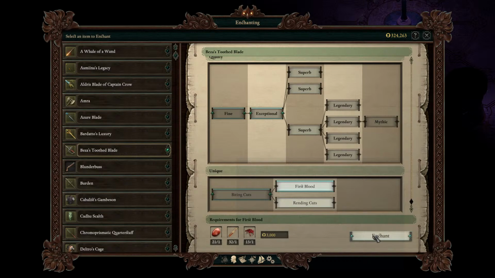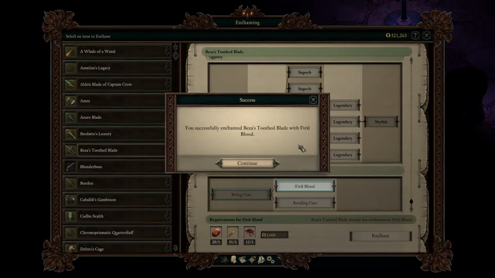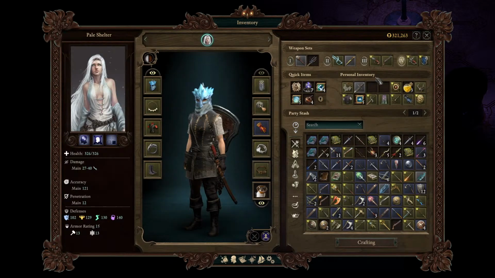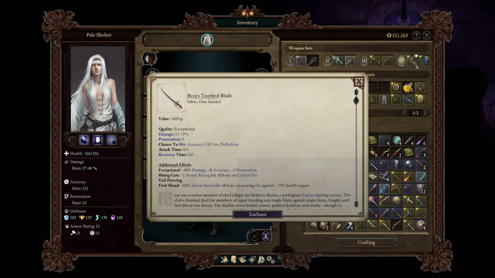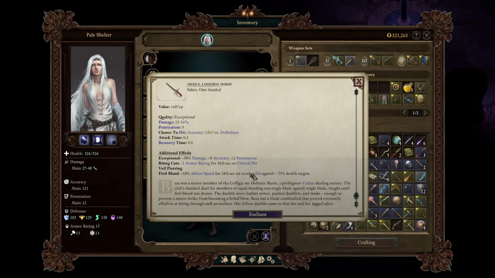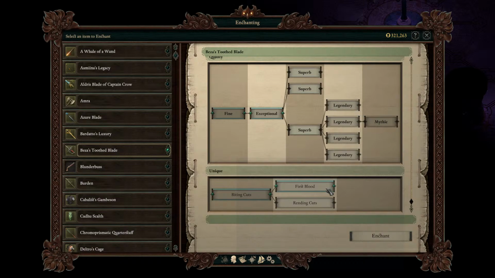We want this one. I forgot enchanting it. This is an example about how the items that normally you would use maybe in another way. For instance, depending on your build, maybe you would prefer Rending Cuts instead of Fast Blood, but in this kind of build